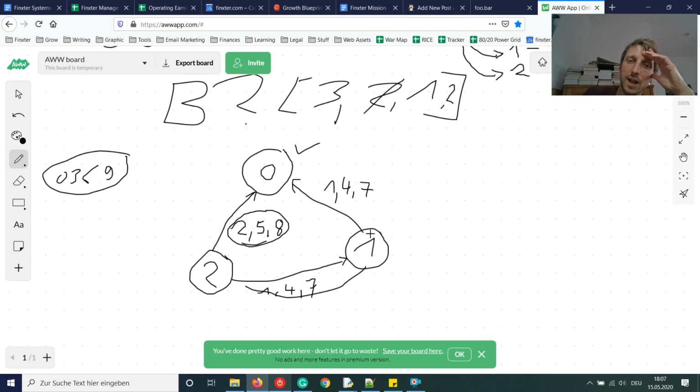So if we are in this state and we still have one element from 147 left, then we go into this state and we are done with the minimum number of steps. But if we don't have 147 anymore because we have already removed it from this transition, then we cannot enter this state 0. So everything we can do is